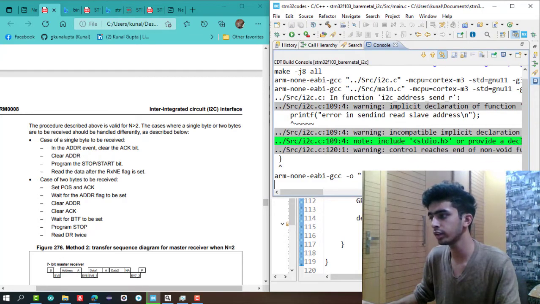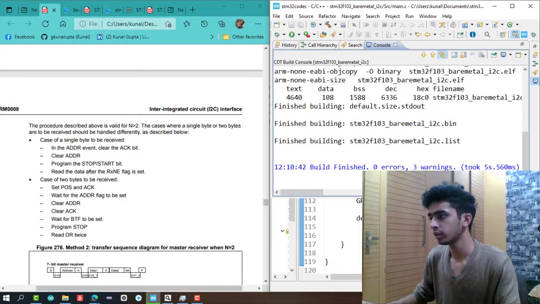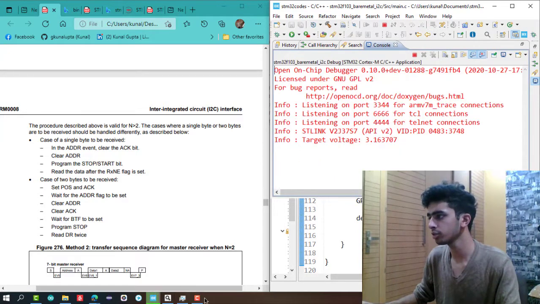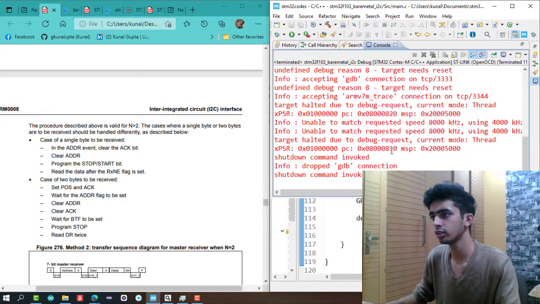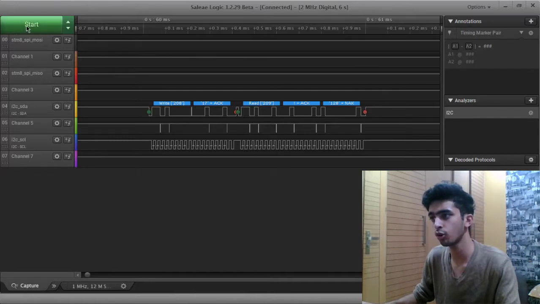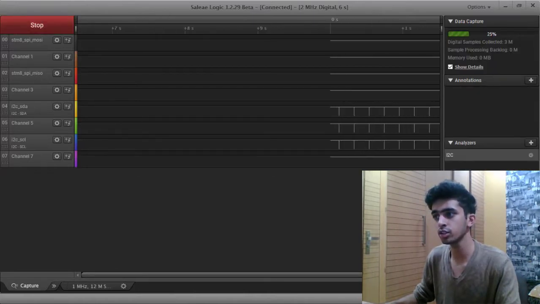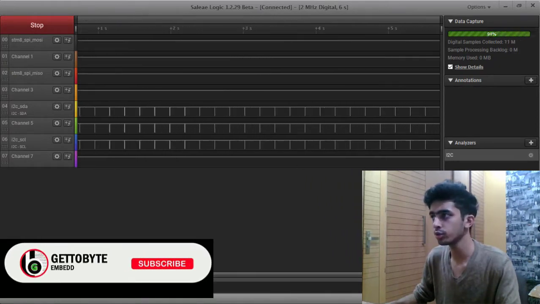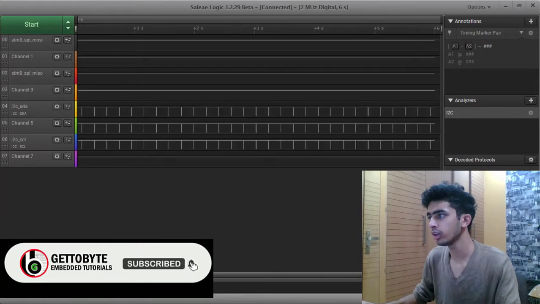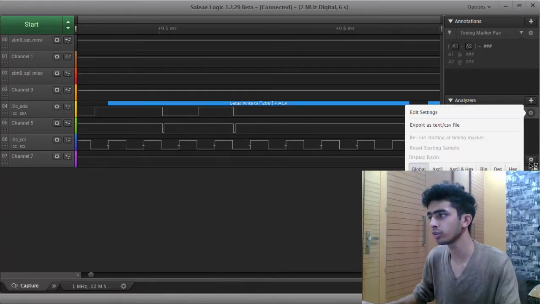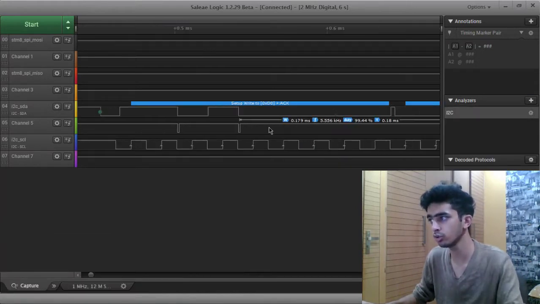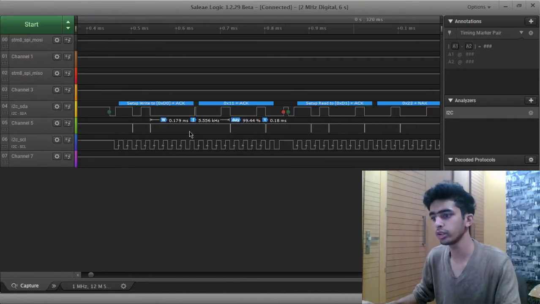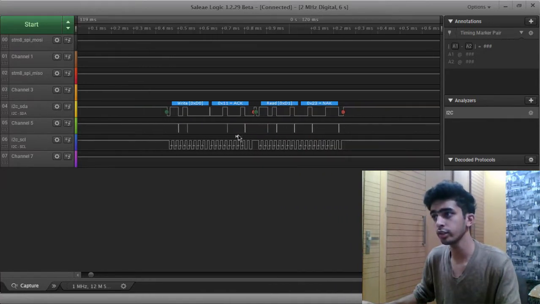Now in the logic analyzer we will see how our bits are being generated. You can see here setup write, and then we are reading a single byte. Let me change it to hexadecimal for your better understanding. So this is our whole I2C session. We first generated the start signal, which is green, then wrote the data D0, which is this one, the RTC address with its hexadecimal D0.